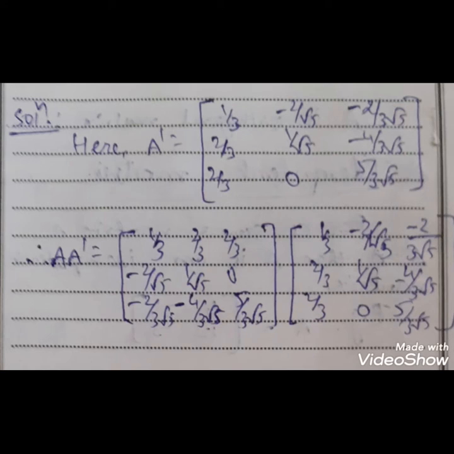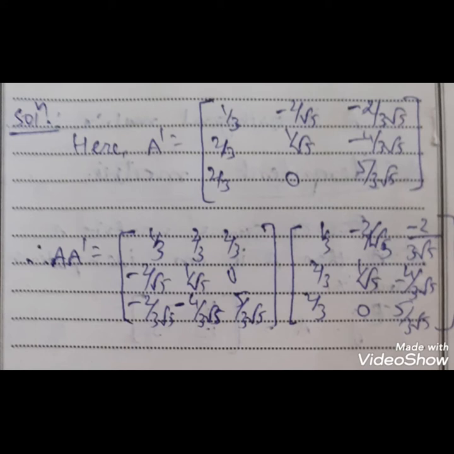Here we take the multiplication of these two matrices. First row multiplied with the first column gives the first element of the multiplication, that is 1/3 into 1/3, 1/9, plus 2/3 into 2/3, 4/9. Similarly for the third, so 4/9 plus 4/9 plus 1/9 is the element of the first row. Similarly, first row multiplied with the second column gives the second element of the first row,